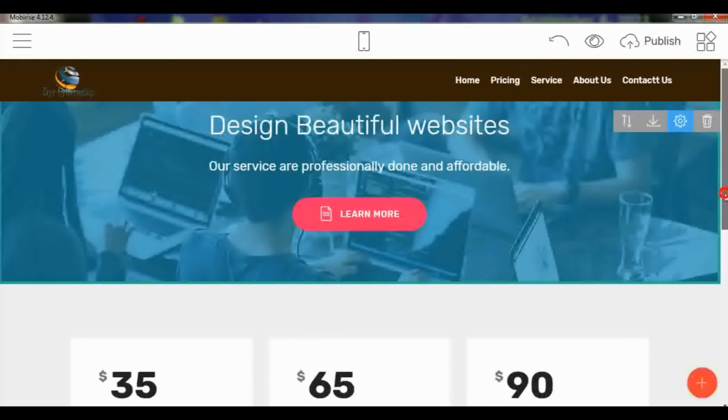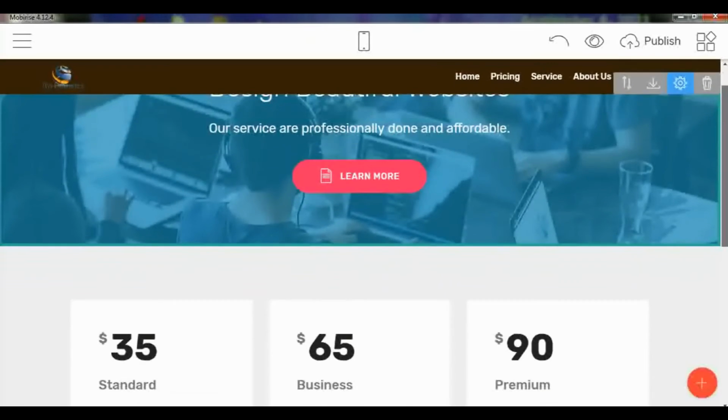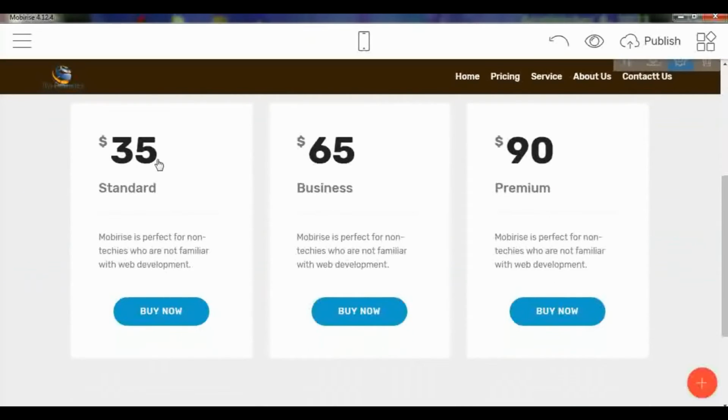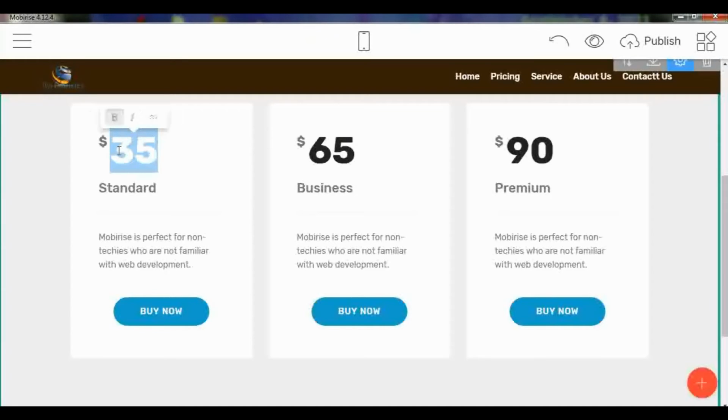I haven't done that place yet, so let's go to the service page. Say we have standard pricing, business package and premium package. Here it is in dollars, so let me use naira. If you are in Ghana, use the sign of your cedis. If you are in Cameroon, use the sign of your own money. Any country you are in, put your own sign. But for those in Nigeria, let's say you build this one for 20,000 naira.